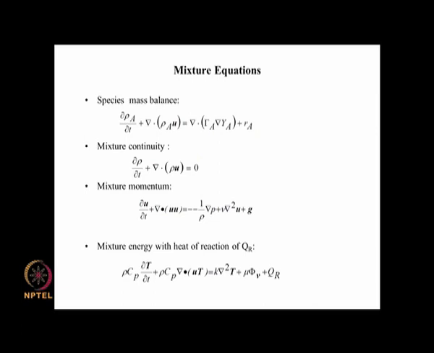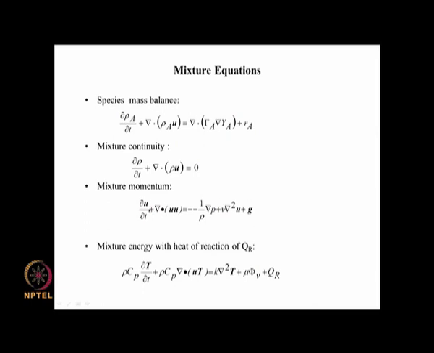This needs to be properly evaluated, and this becomes an extra term in our energy equation. So, to summarize the mixture equations, for every species you have an extra equation. If you have 3 species, you have 3 species balance equations. Now when you add up all 3 species balance equations, you get the mixture continuity equation. So you either have 3 equations here and no continuity equation, or you can have 2 species balance equations and 1 mixture continuity equation. Together, the species mass balance and mixture mass balance equations constitute a number of equations equal to the total number of species, and then we have 1 mixture momentum equation.